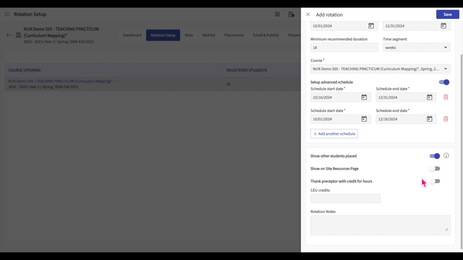If you would like to add this rotation to the Site Resources page, activate the Show on Site Resources page bit. Some schools choose to allocate credits to experiential supervisors who work with their students. If you would like to send experiential supervisors credit for their supervision hours, activate the Thank Experiential Supervisors with Credit